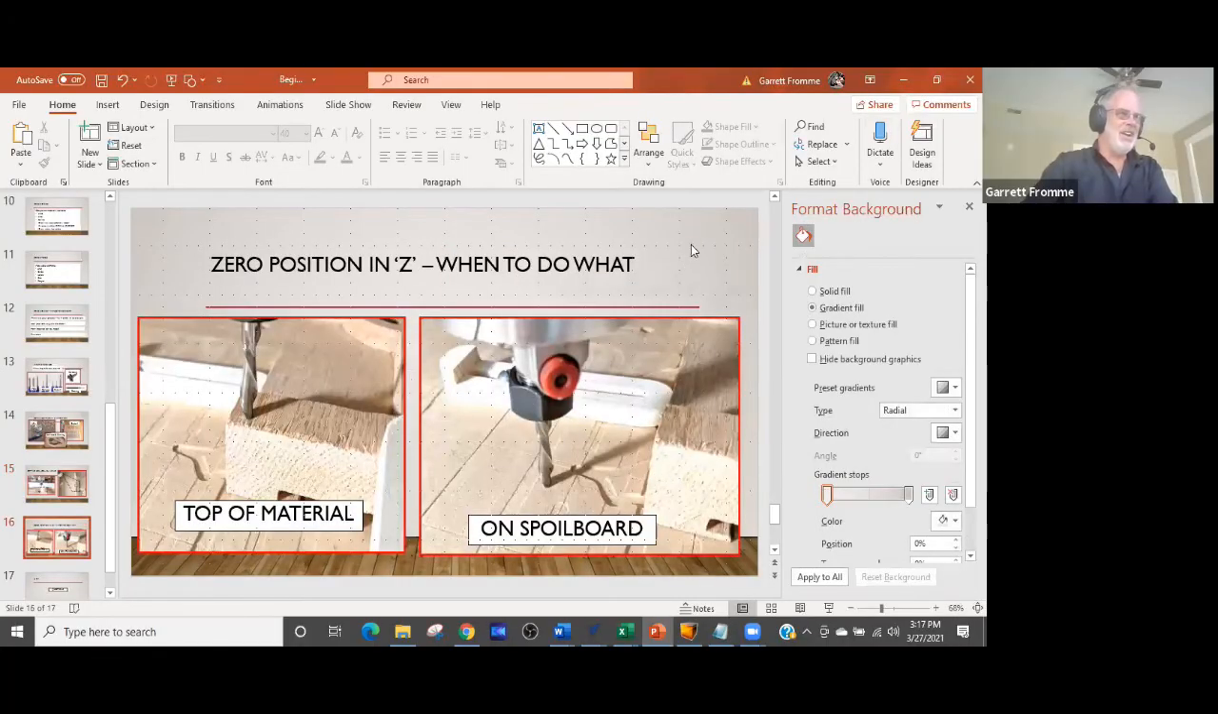And then finally is the Z0 position. Sometimes we set off the spoil board. Sometimes we want to set it off the top of the material. It really depends on what you're trying to achieve. If in your project you're doing a cutout, like if you are going to make a sign like this coffee sign,